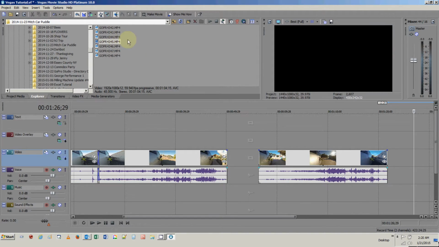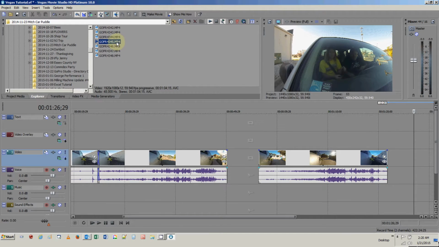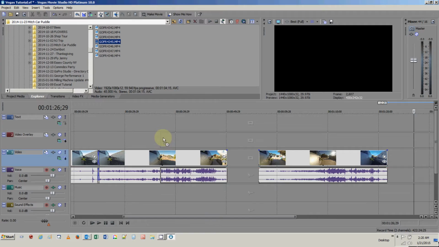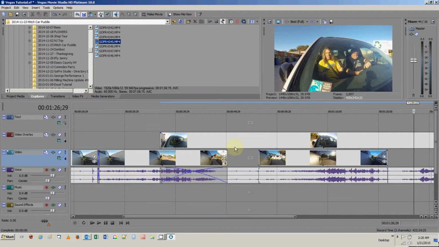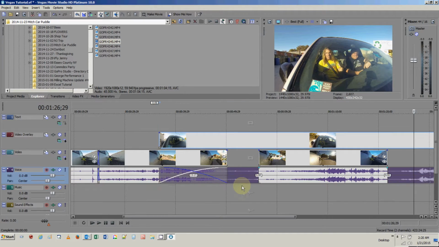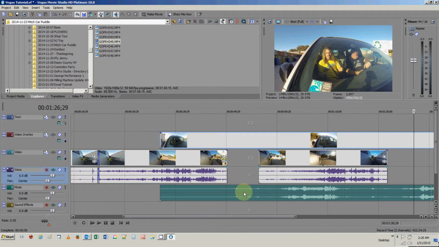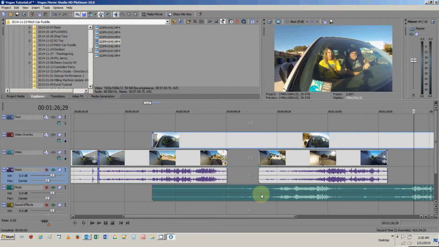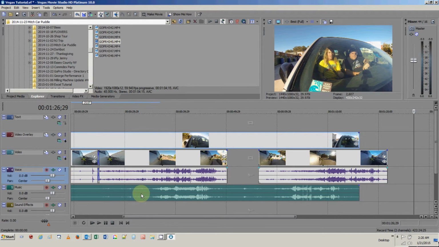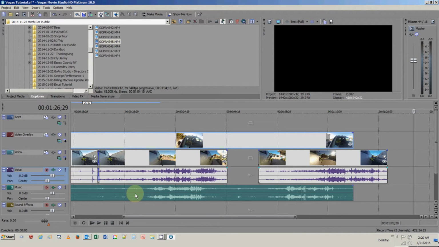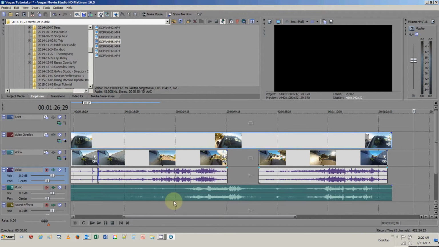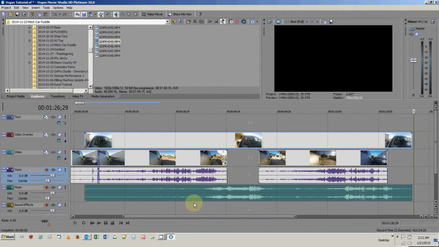Now, I know that I want to use the footage here, so I can take this and drag it down. When I do this, you notice that the sound has overlaid on top of this. I can move it out of the way into another soundtrack temporarily. Now, if I want to synchronize these so that my outside view and my inside view are the same, I've got this lovely engine noise, and I can slide it around and get these to line up. By doing that, I can make sure that the events going on inside and outside are the same, and I can cut between them.